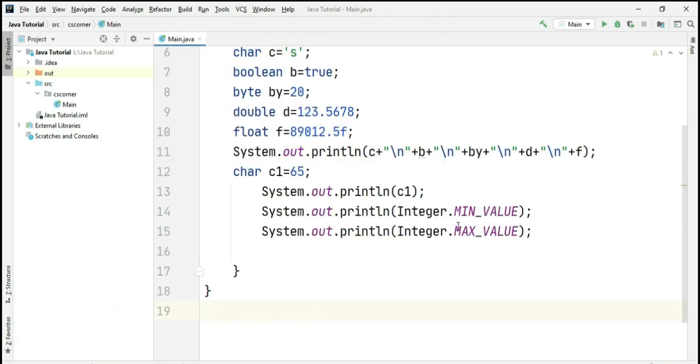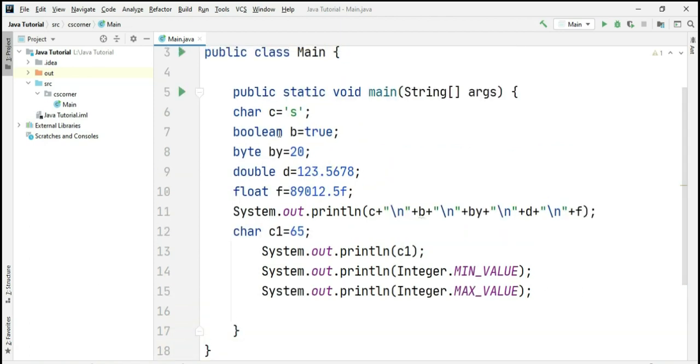Similarly, you can see the minimum and maximum value of other data types also. You just have to use the wrapper class over here. For that you have to use wrapper classes. So for character we have the wrapper class Character, for boolean we have the wrapper class Boolean, for byte we have the wrapper class Byte, and so on.